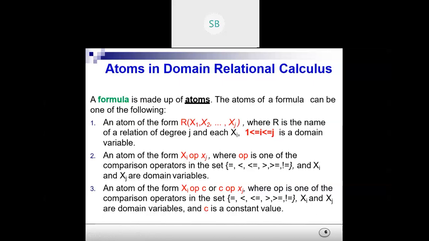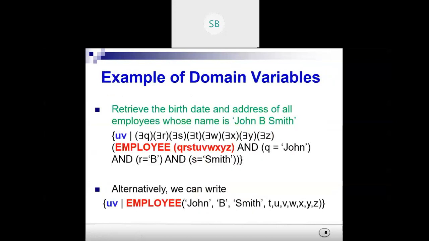So see here, OP refers to the same thing. OP refers to all the comparison operators. Just now we discussed this equal to, less than, greater than symbols. But this C means the constant. Any constant, when you go for this, you can use it like xi equal to 5. So what we did was the third formula only. We have assigned it, right? Instead in this case, we have used the assignment operators here.